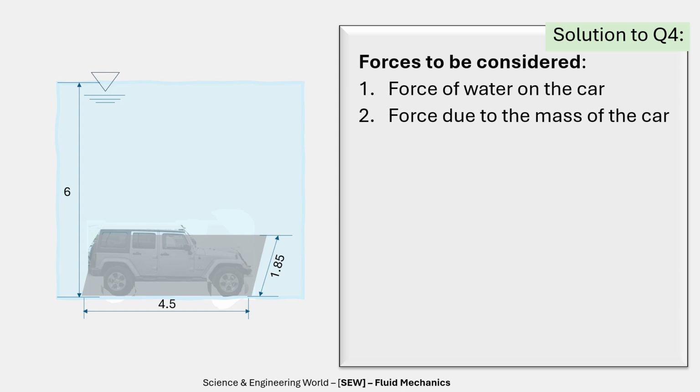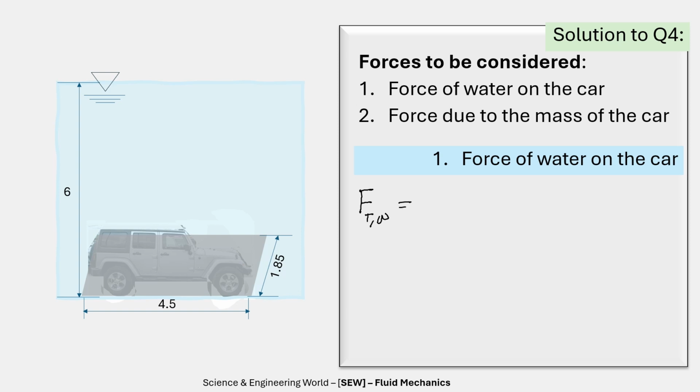So let's consider the first force, which is the force of the water on the car. The total force of water on the car is given by the formula we've been using before, which is Ft, that's total force of water,